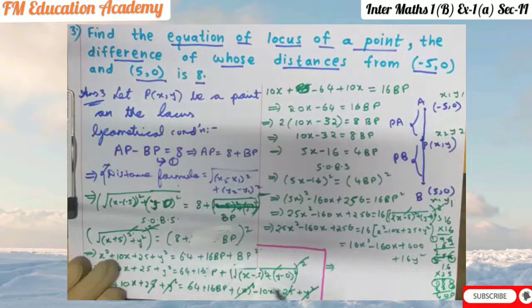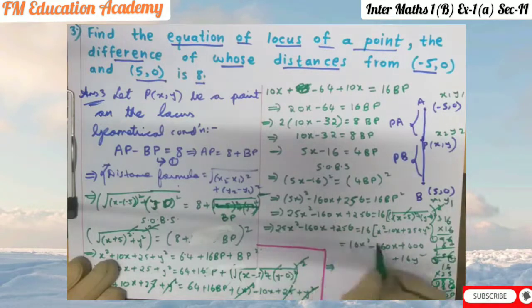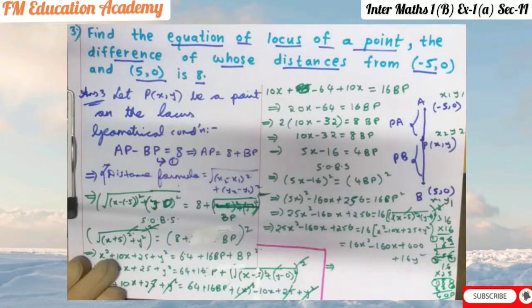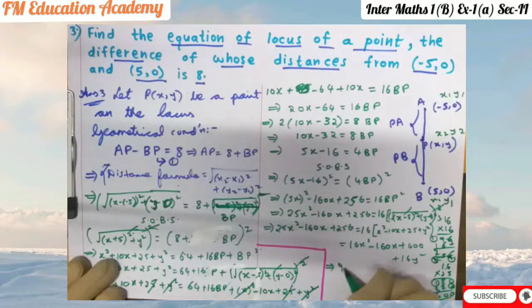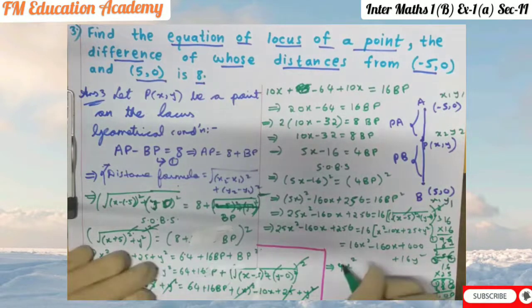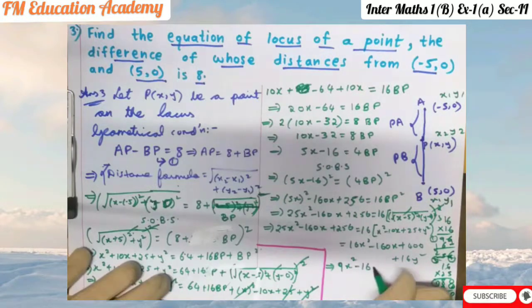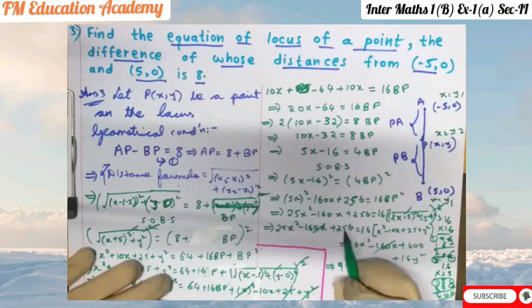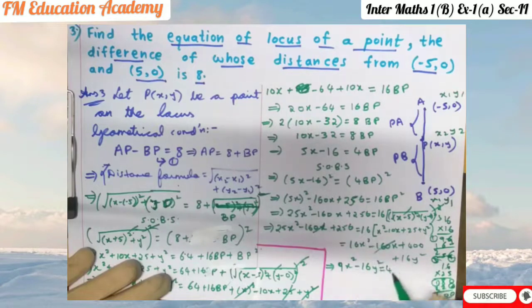So now we have 25x square, here we have 16x square. So 25x square minus 16x square: 16x square, if it comes this side, it becomes minus 16x square. 25 minus 16 is 9. So 9x square plus, what about y square? Here we have only 16y square. So plus 16y square, if it comes this side it becomes minus 16y square is equal to minus 160x, minus 160x gets cancelled. We have 256 and we have 400. So 400 plus 256, if it comes this side it becomes minus 256. We have 9x square minus 16y square is equal to